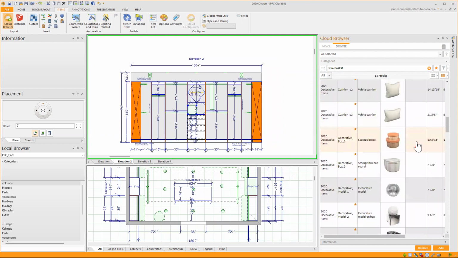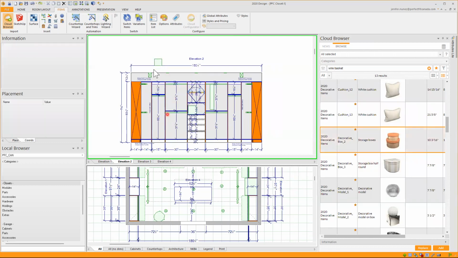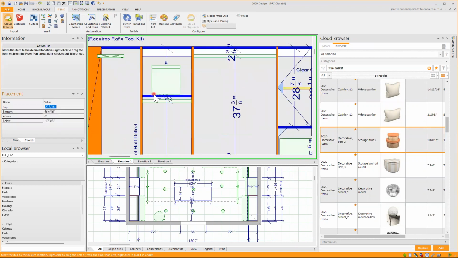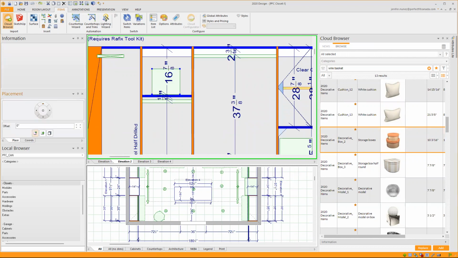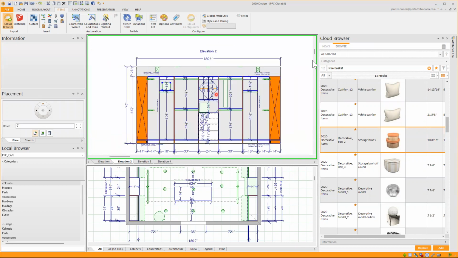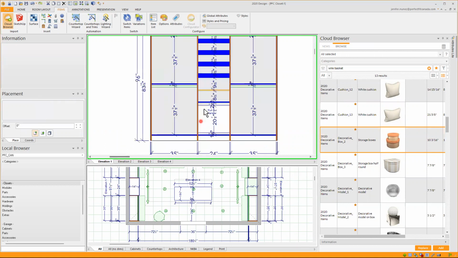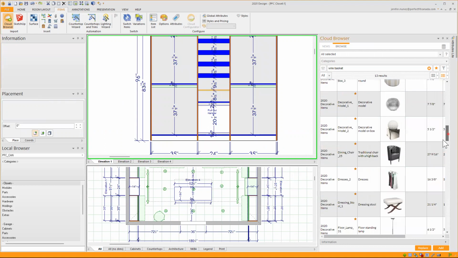So I want to add, let's say, this box in here. Right click, move it up and down. I will zoom in to see exactly where I want to drop it, or use the placement zone if you know exactly the height where you want to add that. Now I will go to my elevation 1, and I want to add